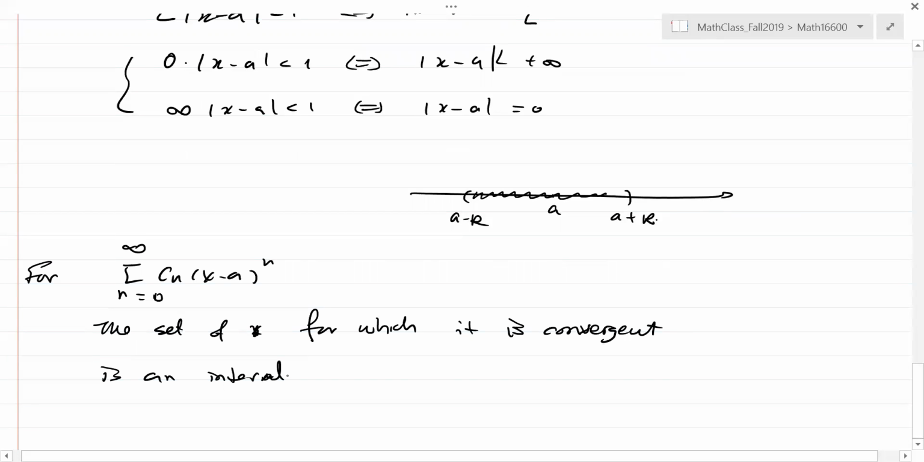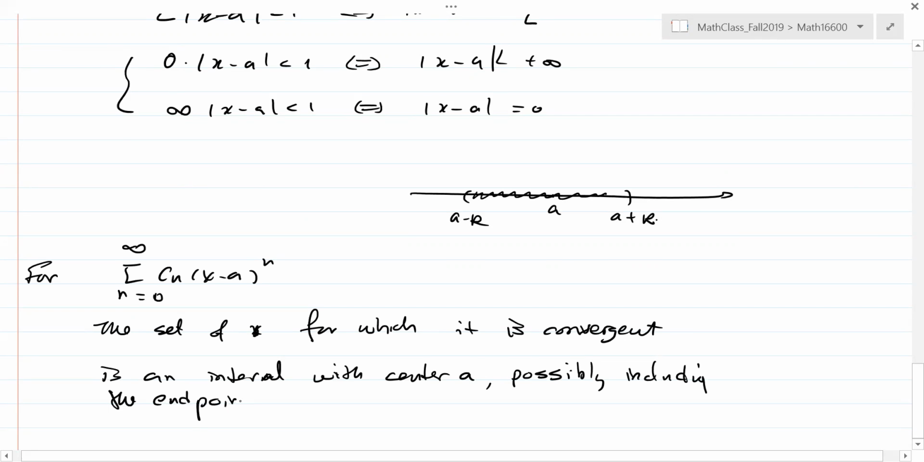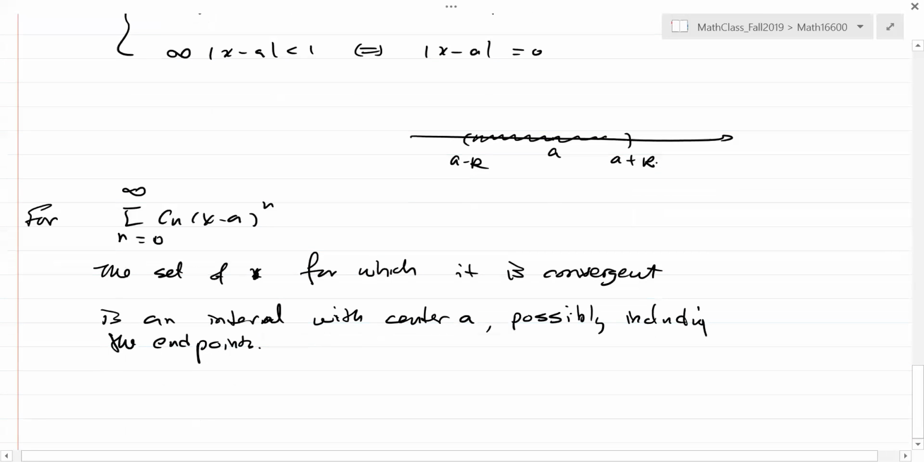Okay, it must be in the interval, but possibly including the endpoints, because we're talking about the set of all x. We only know that in the interval it's convergent, outside the interval it's divergent. Maybe at the endpoints, like absolute or conditional convergence, we don't know. But this phenomenon is also true even when the limit of Cn